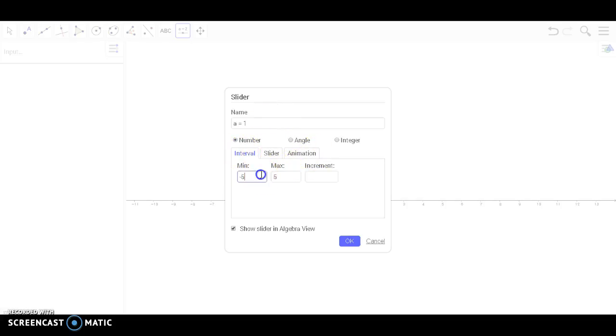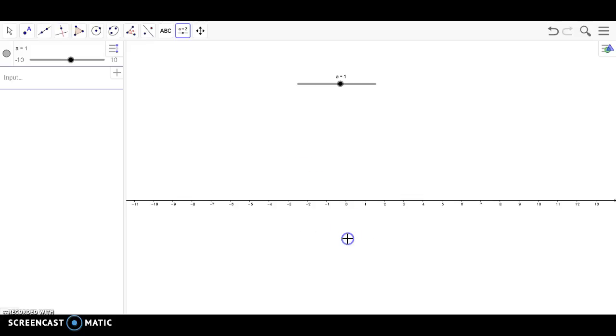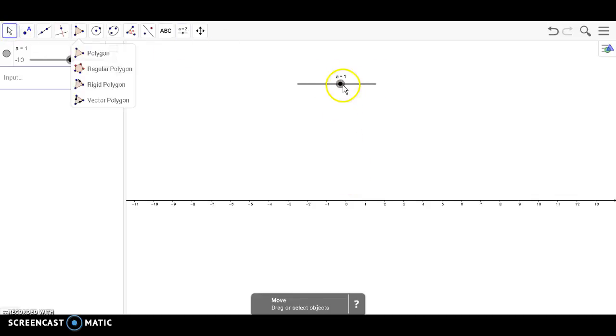I'm going to set the interval at -10 and +10 and the increment at 1. You can also change whether your slider is horizontal or vertical, the width of your slider, and also the speed of your slider. Go ahead and click OK. Now that we have created our slider,